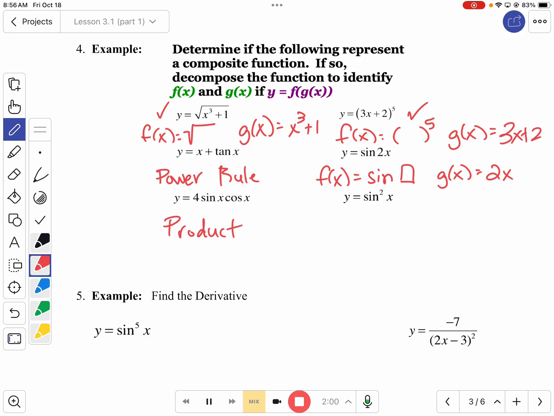What about the last one, composition? It's actually a yes. Let's rewrite this. Sine squared of x is actually